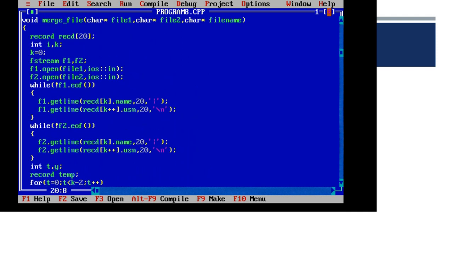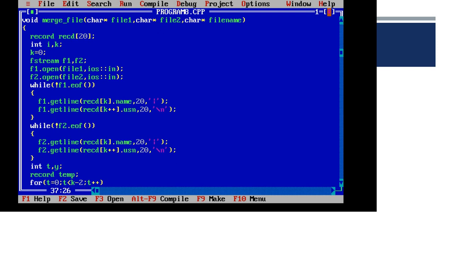So in the merge file, the records are read with the file pointers, where 2 different files are considered initially, because every time 2 files are taken into consideration and merged to a single block. Then it will check for the end of the file in both the files, and it will get every line with the name and USN of the first file, then represent it with a delimiter, then add the element of the second file.